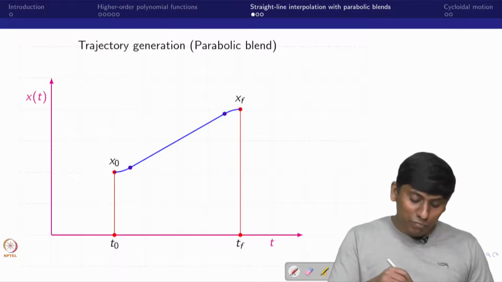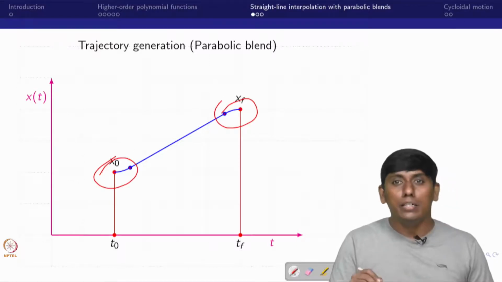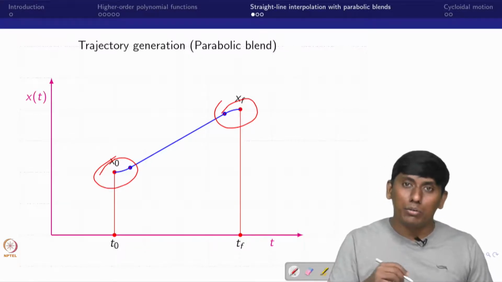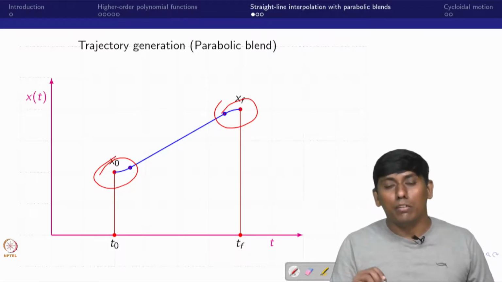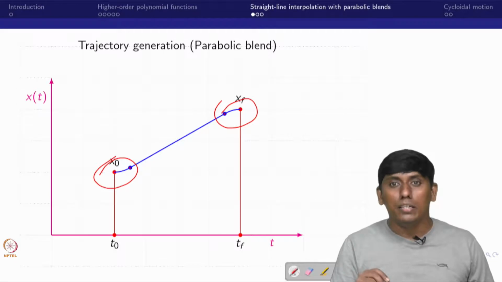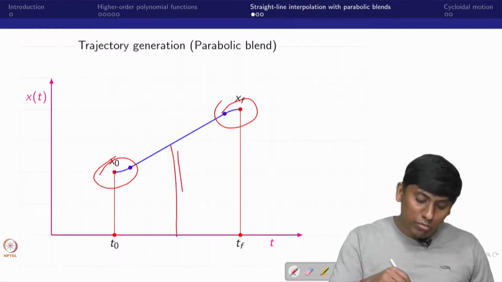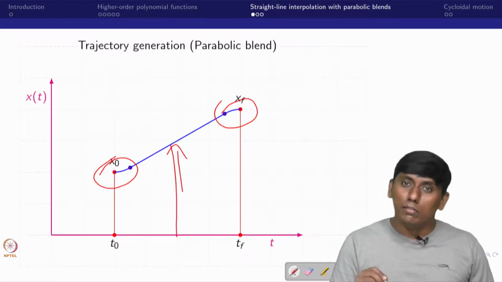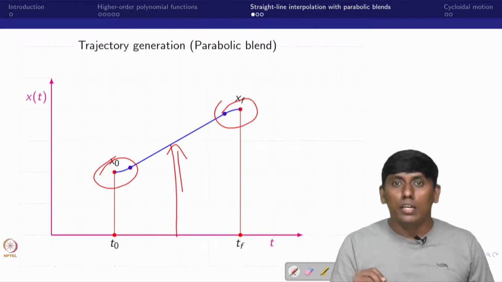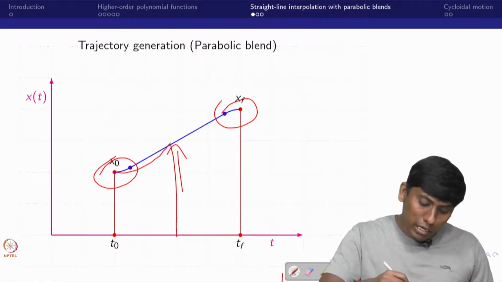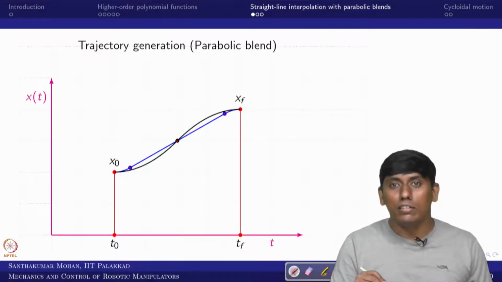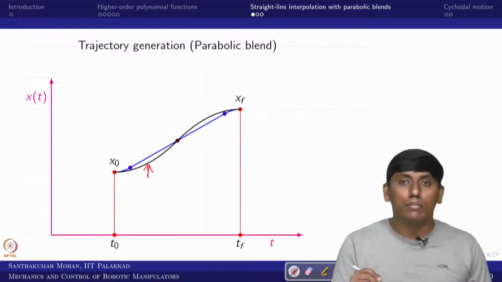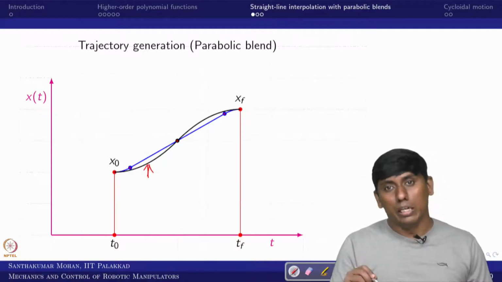Now what you can see, the starting point and the end point would be a smooth starting and ending. In the middle, wherever you can see, it is a smooth straight line, which is the shortest, best path, or you can say the best path which we expected, right? So in that sense, this is what you call a parabolic blend. Even this blend can be modified without a straight line. You can make a parabolic like this. Okay, so that is what we call uniform acceleration and deceleration, which is very smooth compared to this, because there is no straight line involved.